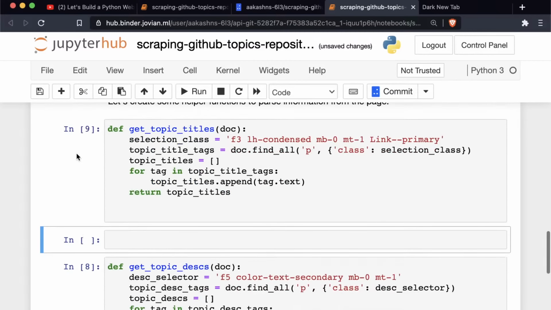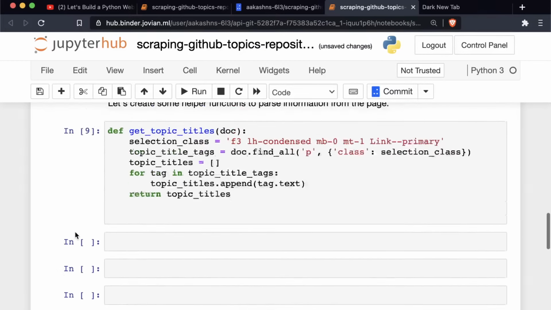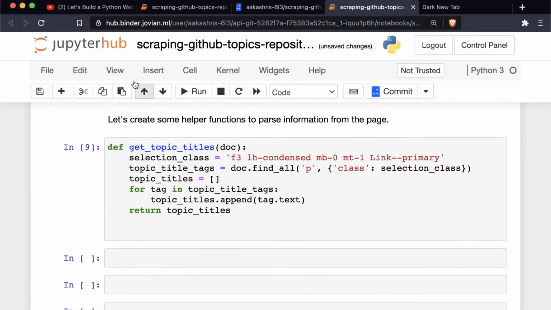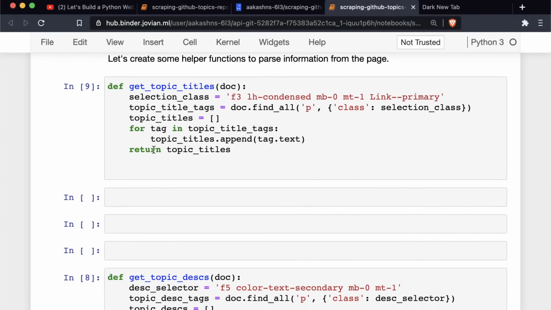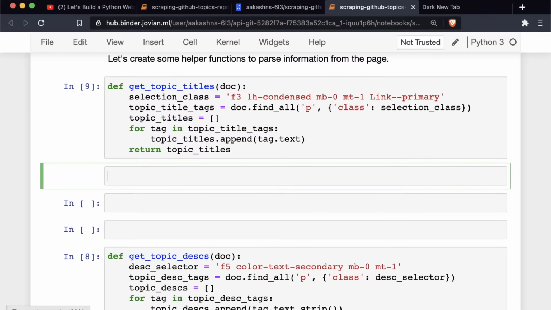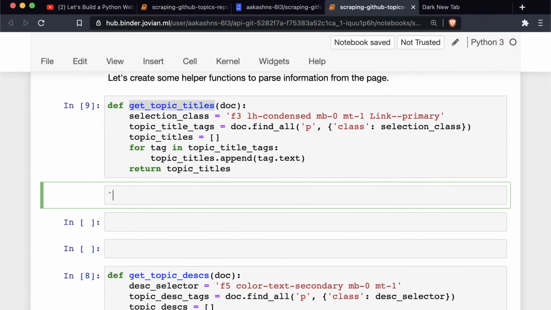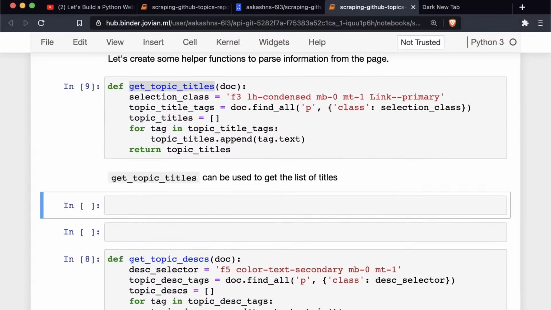Okay, so try to put not more than 1 or 2 functions per cell, and then add some explanation above it. So now we have this function get topic titles. So you can say that get topic titles can be used to retrieve the list of topics. So let's just say get topic titles can be used to get the list of titles, and we can say